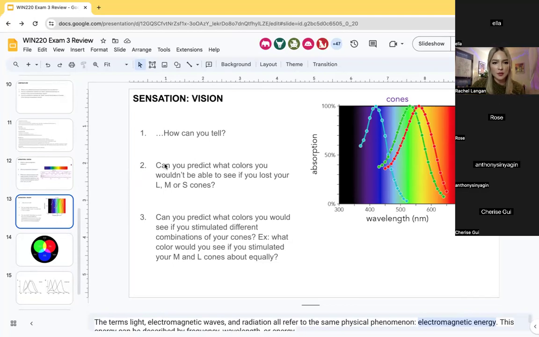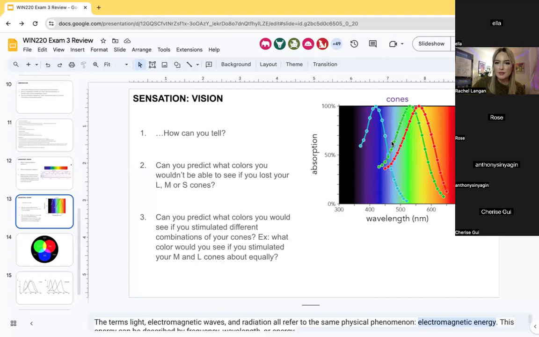Yeah, let me go through both of these questions because we kind of drilled them, but these are things for the test. So can you predict what colors you wouldn't be able to see if you lost L, M, or S cones? In a very simplified way, if you lost your S cones, you would be missing whatever wavelengths of light are unique to the S cones, which are bluish colors. If you were missing your L cones, you wouldn't be able to see far red. And if you're missing your M cones,